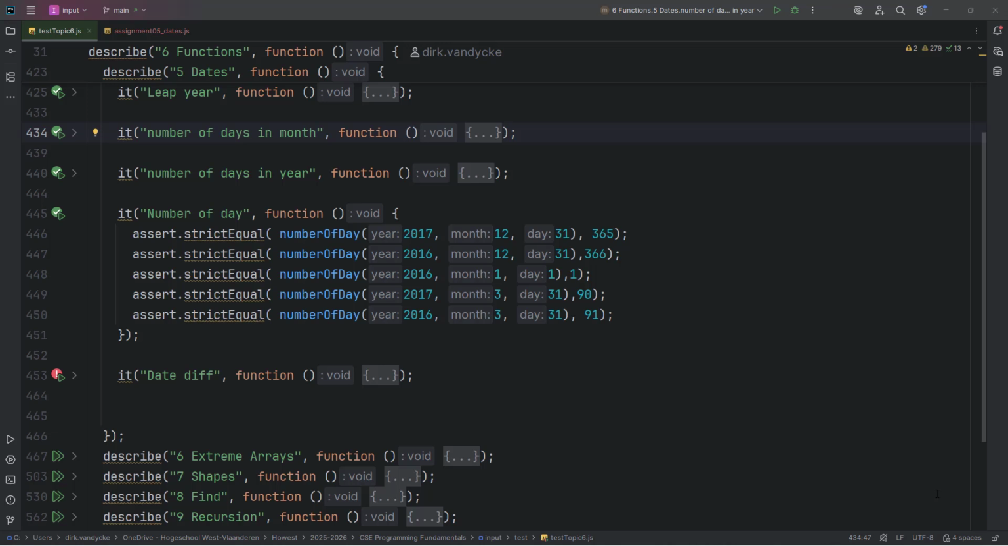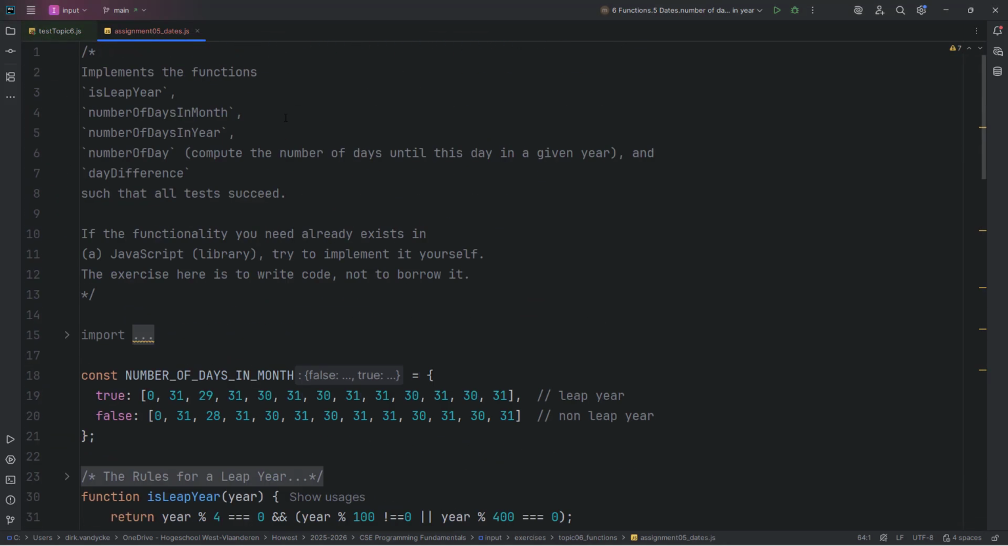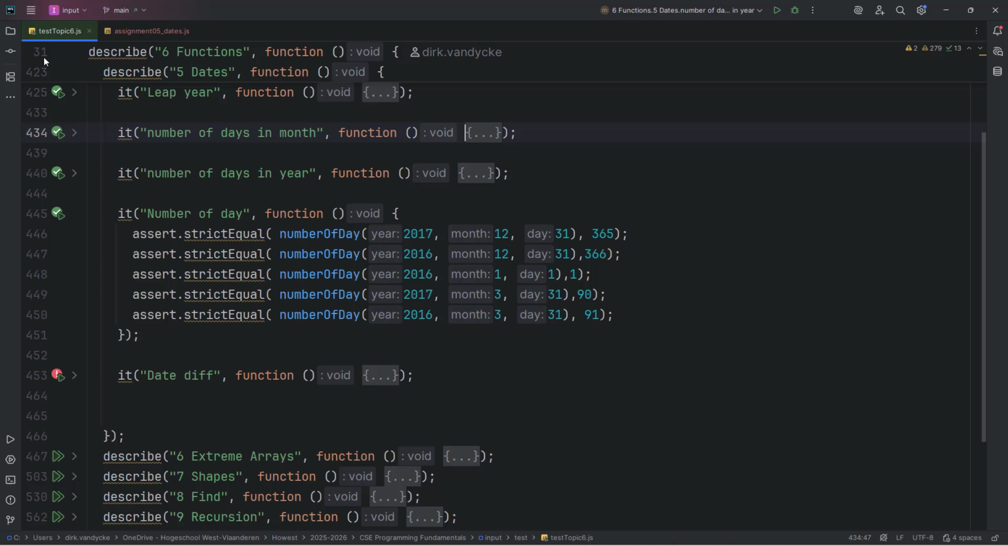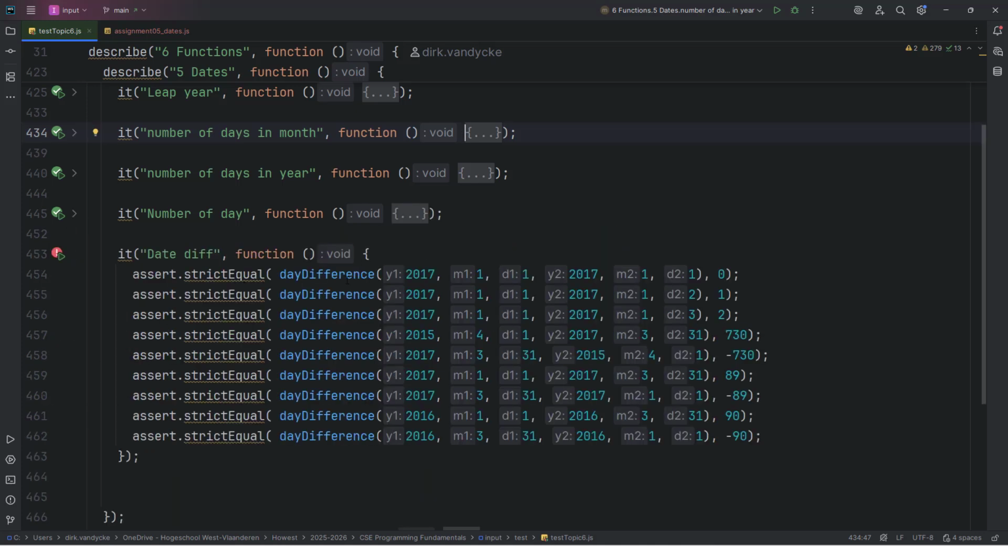So, we're already at the last function asked of us for assignment 5 of topic 6, okay? And that's the function dayDifference, which will make the difference between two dates in the number of days, I guess. But that's only me guessing. And I had a look at what's expected from us in the tests, and there you see that